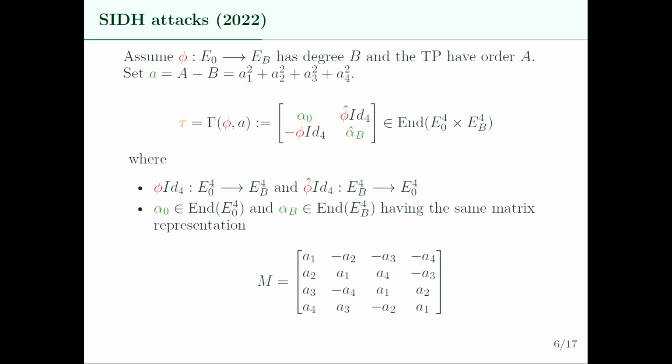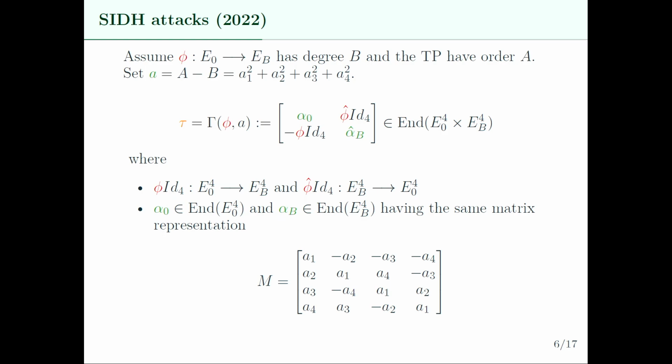So you can evaluate this tau on the A torsion, and since tau has degree A, it is known in the isogeny-based theory that if you know the action of an isogeny of degree A on the A torsion, then you can recover this isogeny efficiently, provided that the degree of the isogeny is smooth. So with this, you recover tau, and then the rest is just to notice that when you know tau, you can recover phi or phi dual just by evaluating it on some specific points.